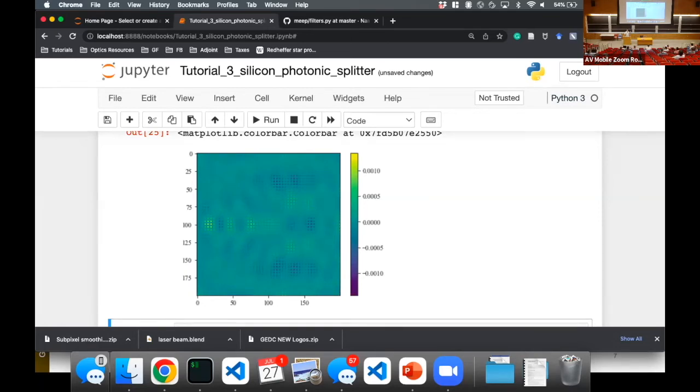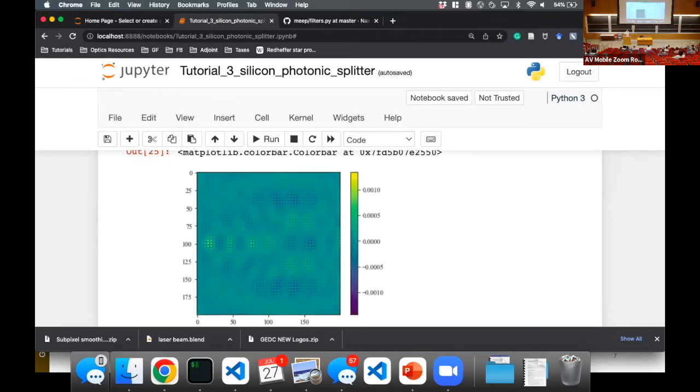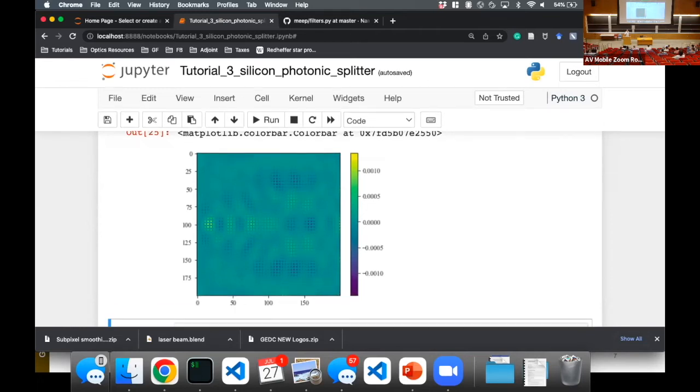But if you look at the color there, you'll notice that there's a lot of values that are just 0. In fact, it looks like a very sparse matrix. Most of the gradient is indeed 0. And that's completely to be expected because our design grid resolution is significantly higher than the underlying Yee grid resolution of the actual FDTD solver. So most of our design degrees of freedom actually aren't directly contributing to any gradient calculation